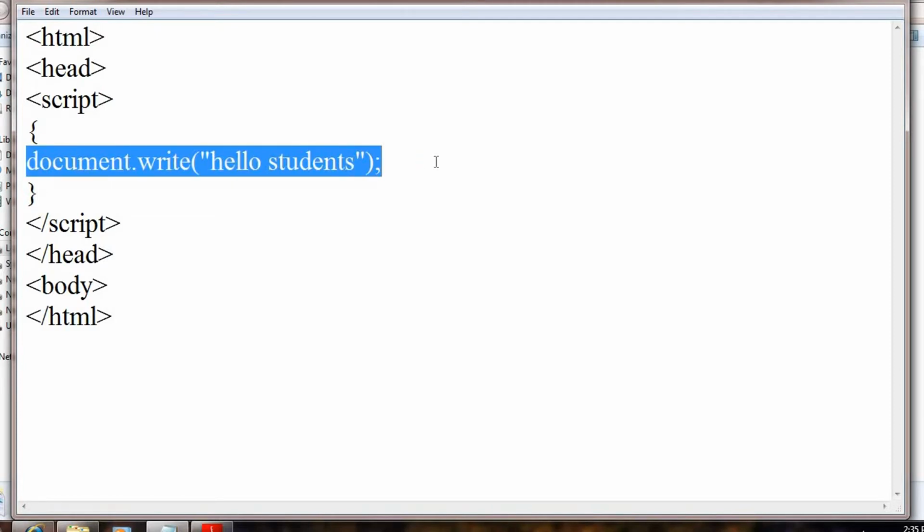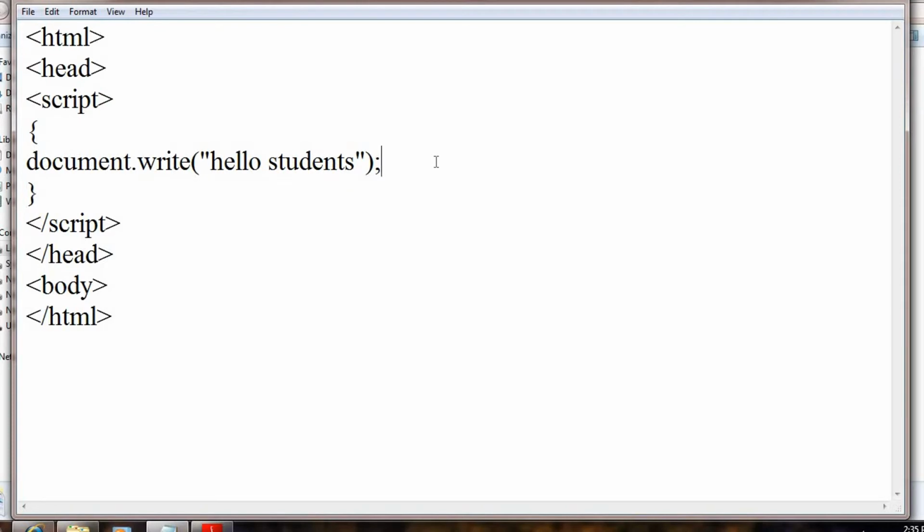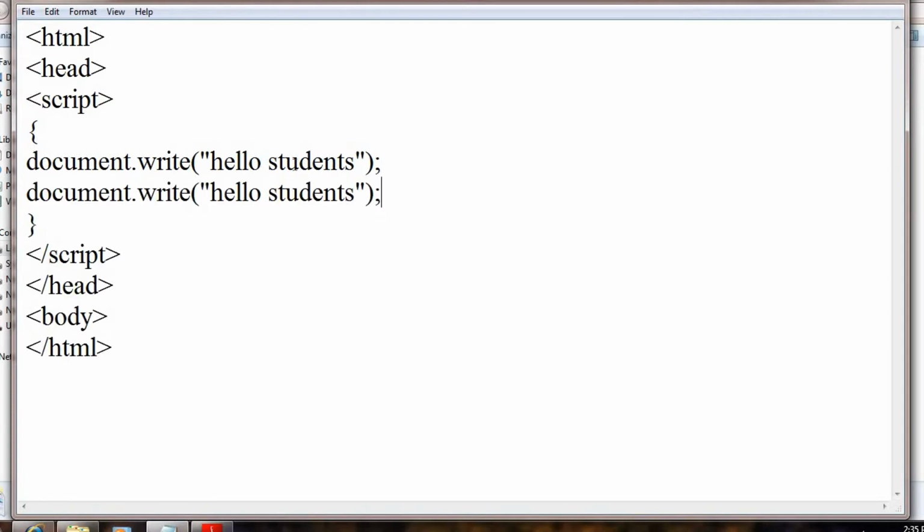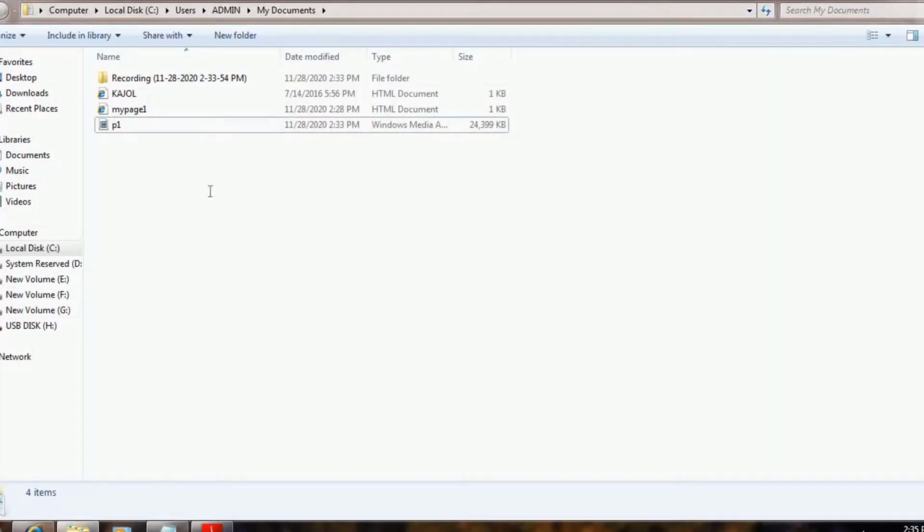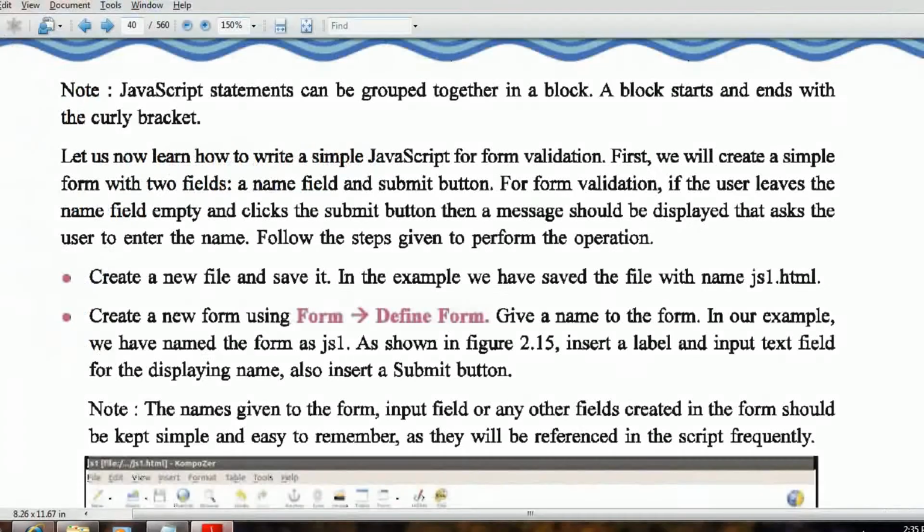Block indicates a collection of sentences, which means we are grouping the sentences.